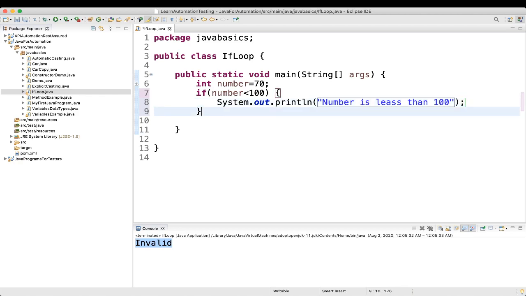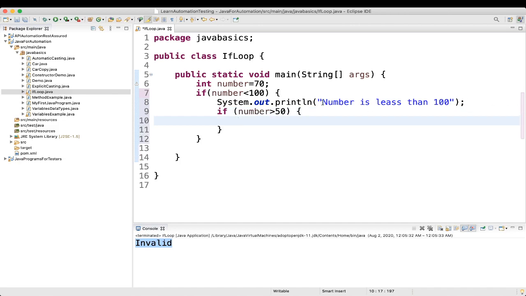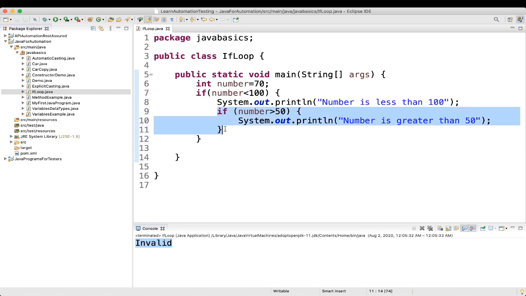Then inside that, again, if the number is greater than 50, we print that the number is greater than 50. If you see here, this if is inside this if.